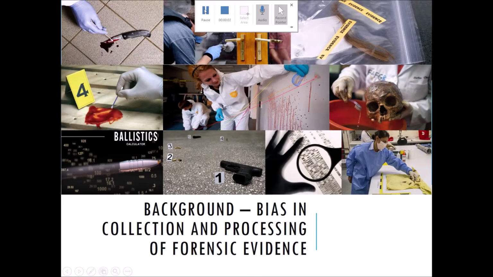So topic 2 in crime is looking at the collection and the processing of forensic evidence. It is looking at what motivating factors there are and what biases there might be in the way that we collect that forensic evidence, and then the application part is looking at strategies to reduce that bias. So in this I'm going to go through the background and I'm going to go through the key piece of